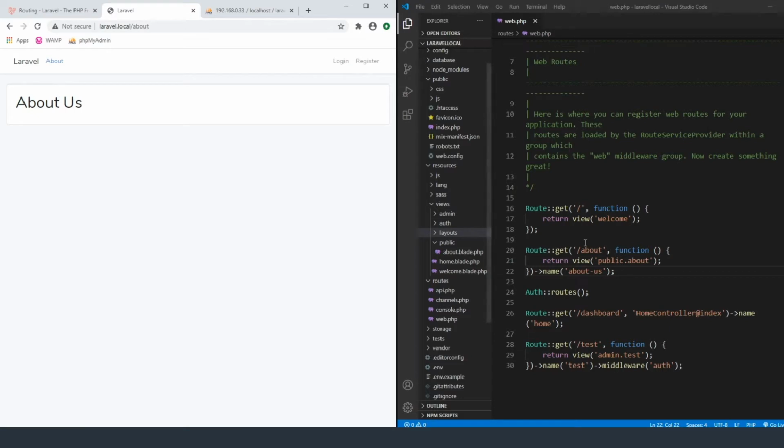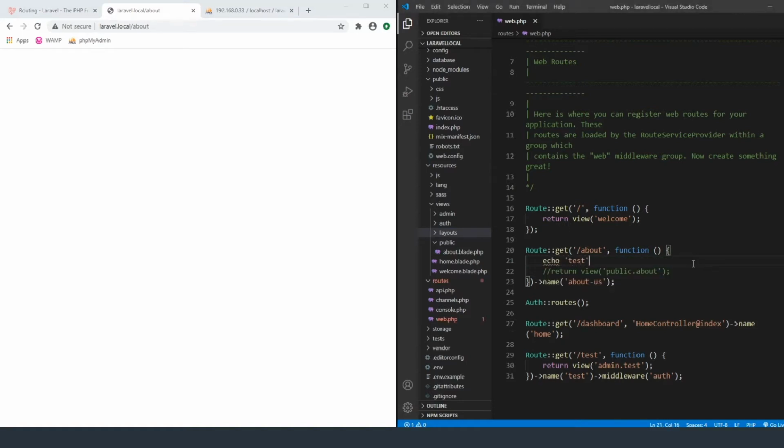So what we can do to this page is let's try a few things. One thing, I'm going to come in here and remove the view. So if we go to /about, it's going to display nothing. Inside of this function, we can make it say echo test, and then it'll actually echo out that code with no view around it. Or we could pass a variable. So instead of saying echo test, let's say echo var, and then we're going to pass a var to this by doing a /var